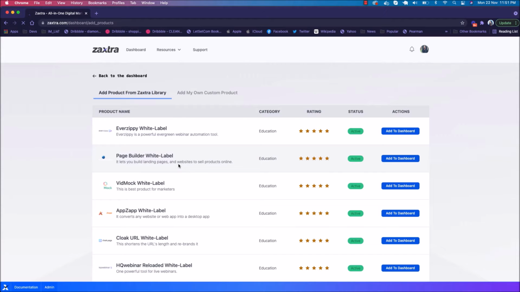We have revamped Xfunnels 4-5 times already, and this is the 5th version of Xfunnels which is coming up with Zextra, and it has a lot of amazing features and functionality inbuilt. So it is coming up as a white label product with Zextra, so you can actually sell it as your own product with your own branding and on your own custom domain.